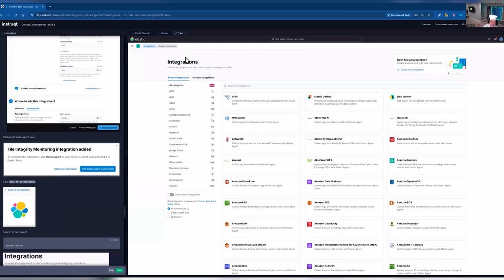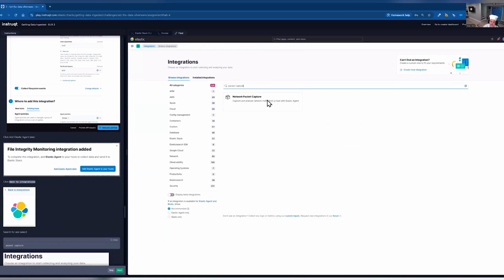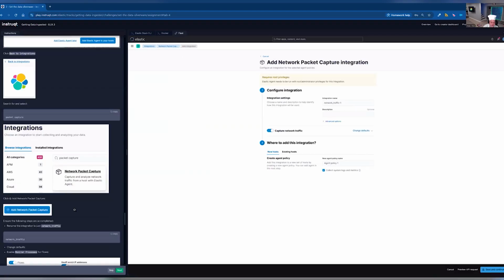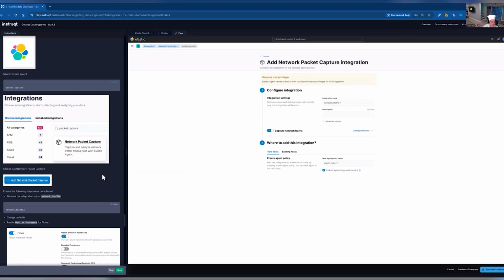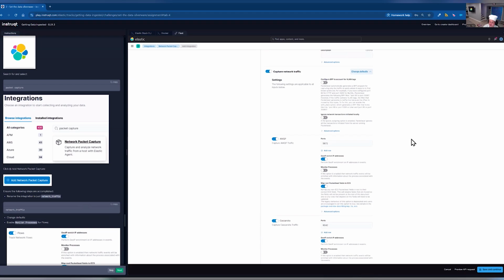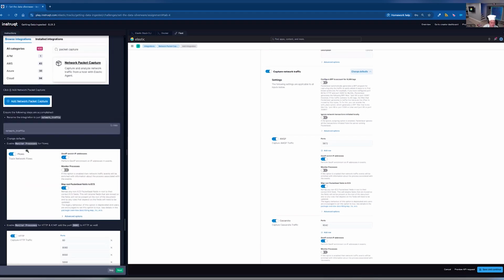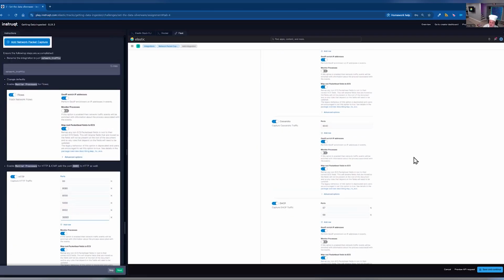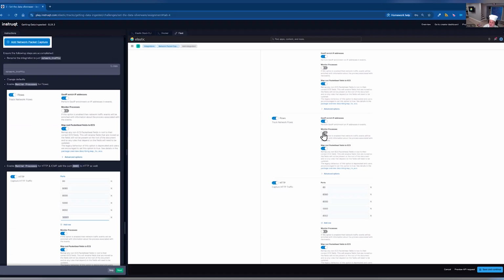Back to integrations. Packet capture. Now this one is going to require a lot of modifications. It's easy, as you can see, but we'll add our packet capture, give it that name of network traffic. And on these defaults, this is where we need to modify quite a bit. We're going to enable monitor processes for several settings, specifically flows, so monitor processes. For HTTP, we're going to monitor process and add a